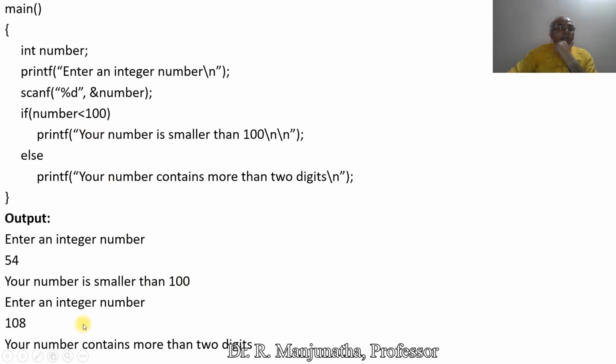Then again, if you run the program, it prints enter an integer number and asks for the number. So I will type 108. It will read that number as an integer because it is %d. Then it is going to check the condition: is 108 less than 100? No. So else, your number contains more than 2 digits. That means it is going to execute this statement. Similarly,